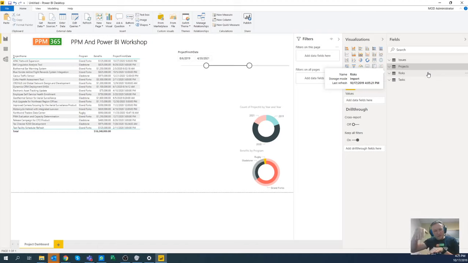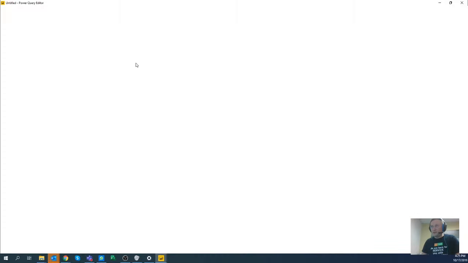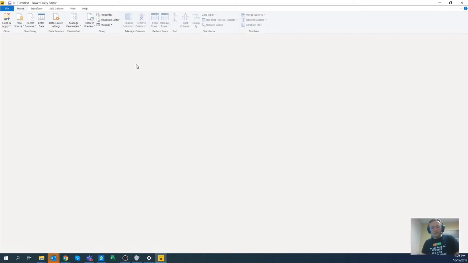It's just a little bit under the hood. It's nothing really crazy. So when you have these feeds in, and you'd like to transform them a little bit more or filter them a little bit more, you go to Edit Queries here, and you click on Edit Queries, and it will open up